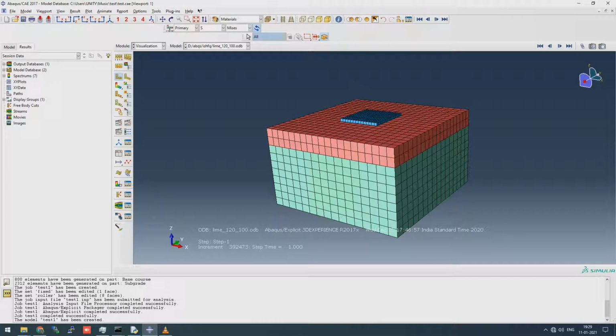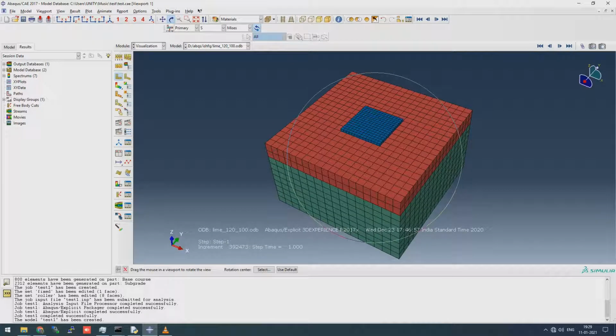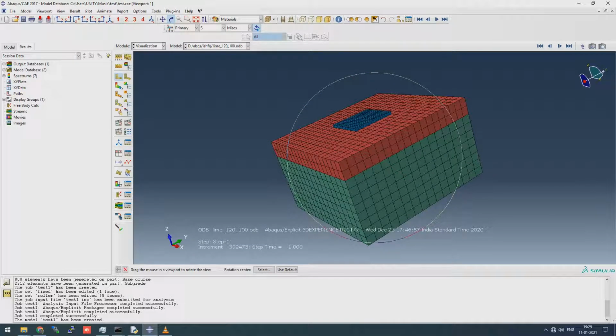So today we will be going to see how we design a geocell reinforced pavement. In this tutorial, we will see a pavement which, as you can see on your screen, has three visible layers. The first one is a loading plate, basically representing a plate load test. The middle layer will be of base material. The bottommost layer will be of subgrade or soil material.